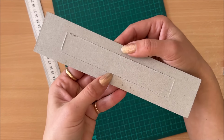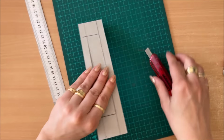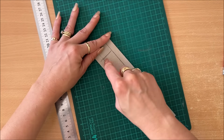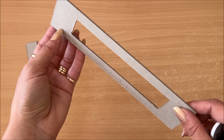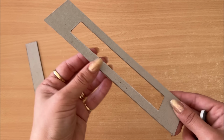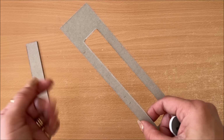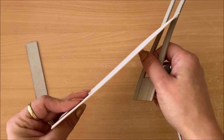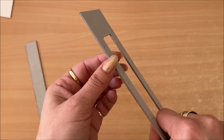Okay, so you can see that I'm through all the way to the other side, and now I'm going to go into those corners. And here we go, that's what that's looking at, all cut out, very simple, straightforward. And depending on the kind of materials that you use, you might have a really nice finished edge, like this one here. Or you can have this kind of cheap material,